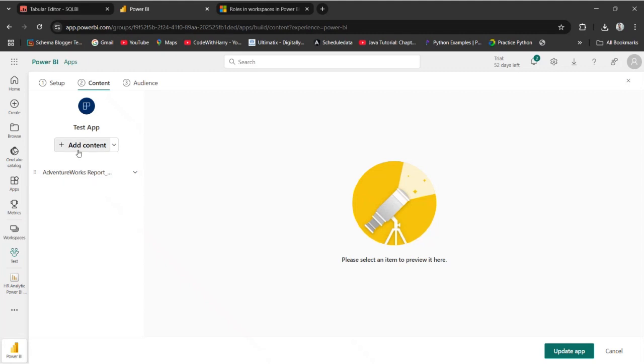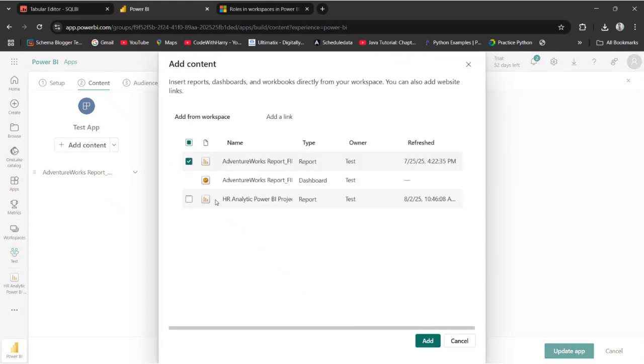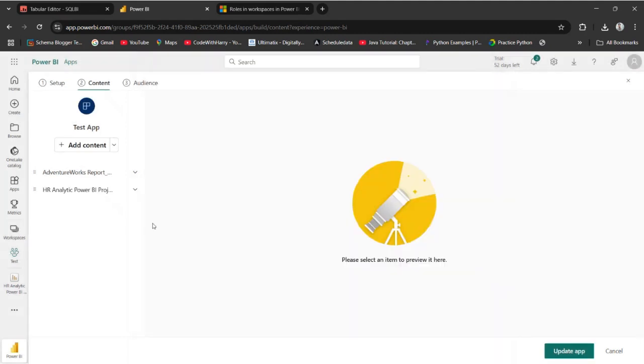For an example, I want one more PBX file. So you need to click on this add content, and I'm just adding this HR analytic. So you can add multiple PBX files into one app. And if you want to create a section, you need to click on this drop down and you can create a new section